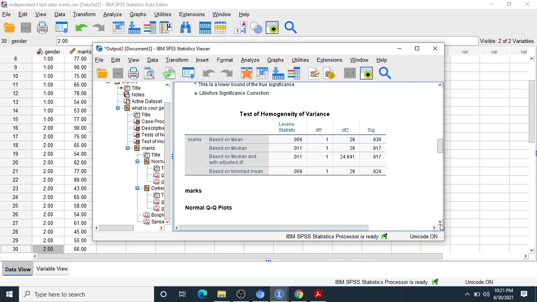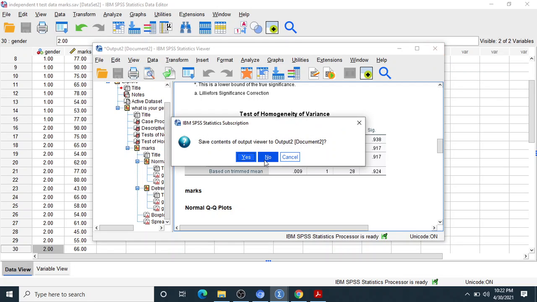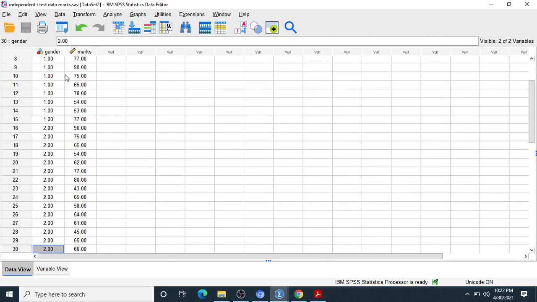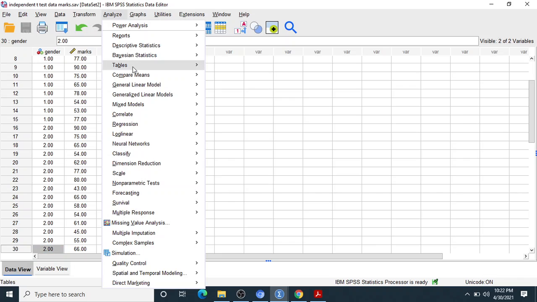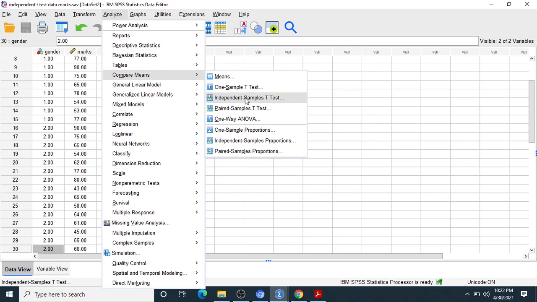We can go further for the independent t-test. So let us try to use the next test. Again, we go on the analyze, compare means. In the compare means, go on the independent.